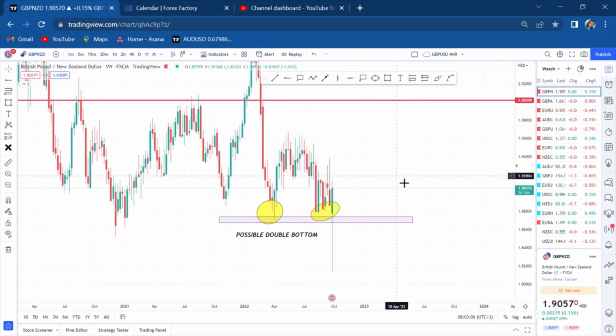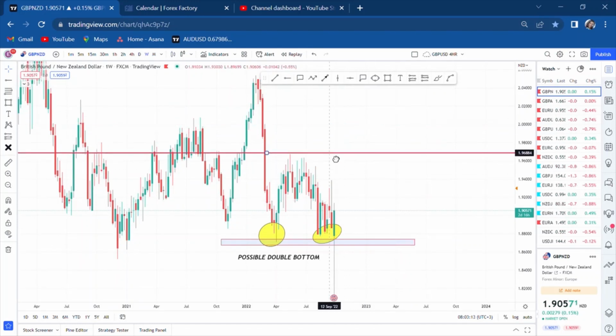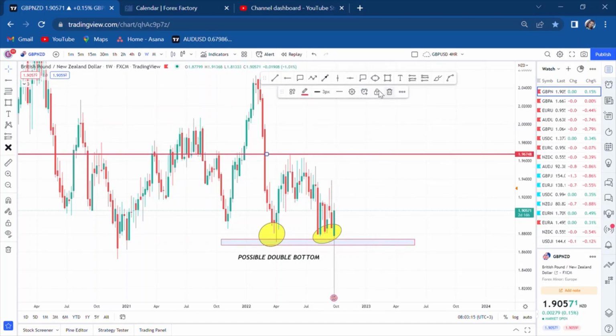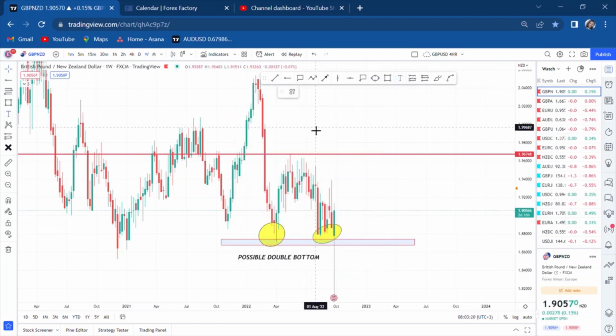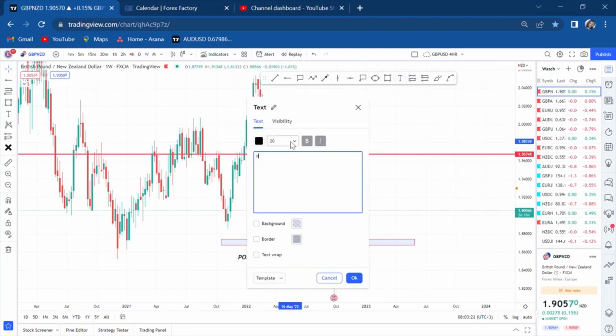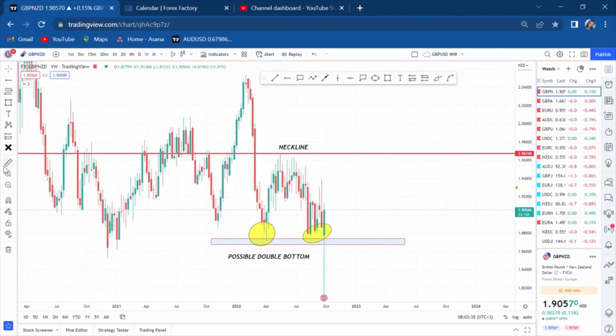So let's first identify our neckline. Our neckline, guys, is this position. So I'll just write there our neckline. So we have our neckline there. The next thing that you need, guys, to know is our half. Every time I tell you to trade double tops, double bottoms, you need your half, guys. There is a half. You need to work with that half. If you work with the neckline, you are lost.